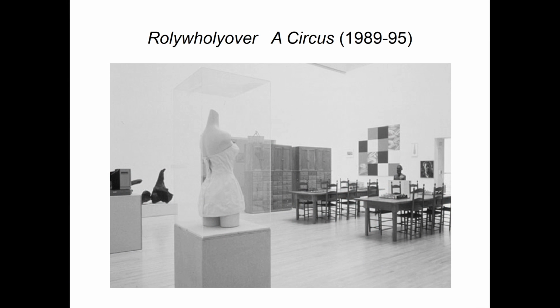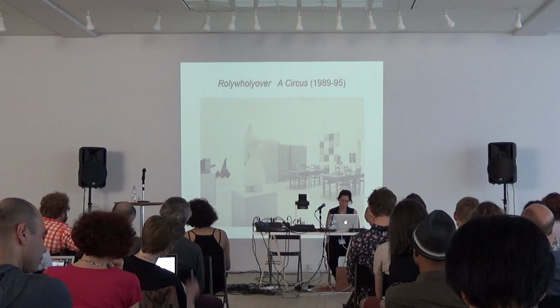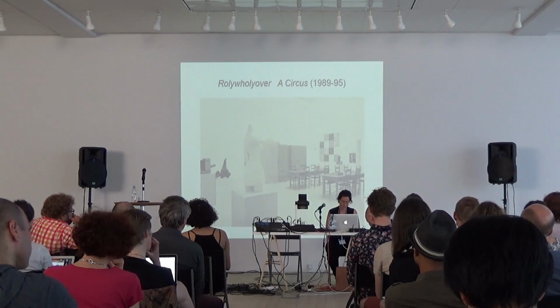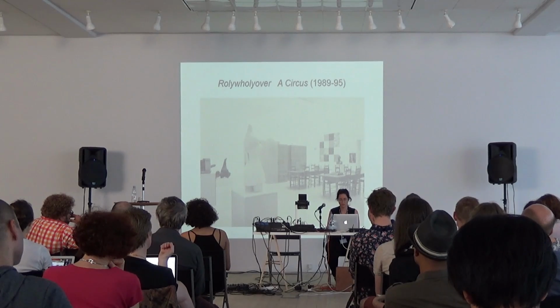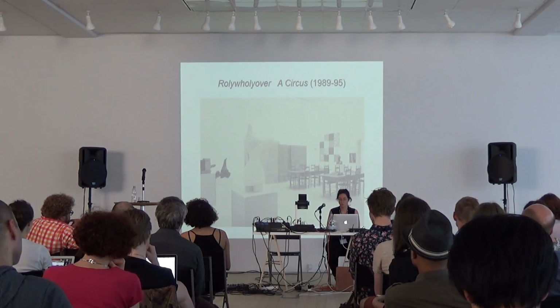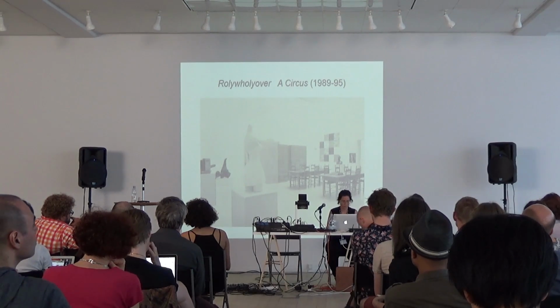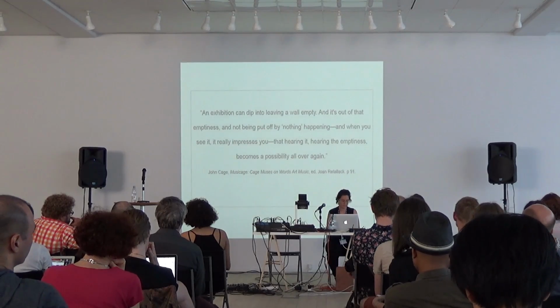Cage's composition for a museum followed the artist's research into the sign of silence, a key element that defines much of his practice, and as such, explored the meaning of space as emptiness or nothingness, as he himself suggested in a 1991 interview with the American poet and scholar Joan Retallack.